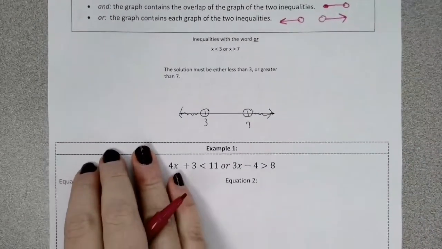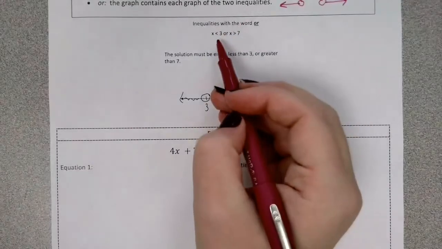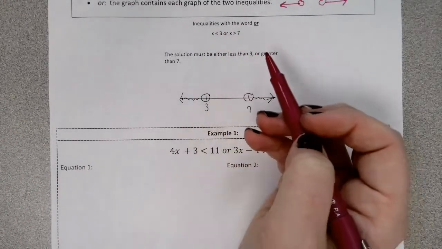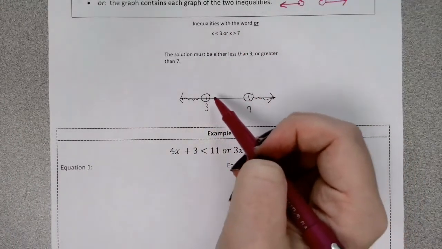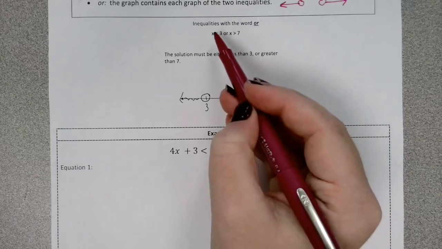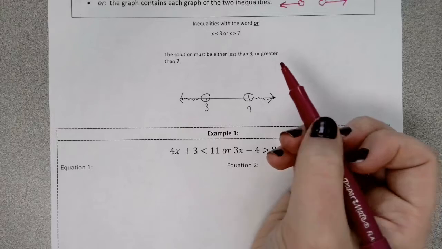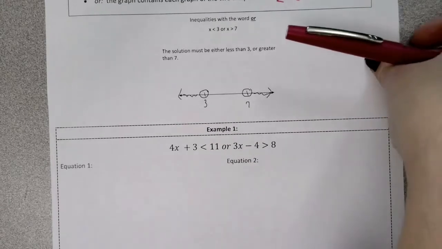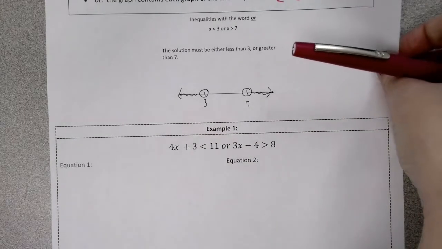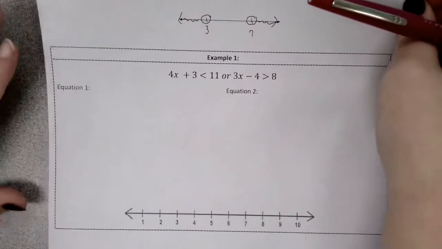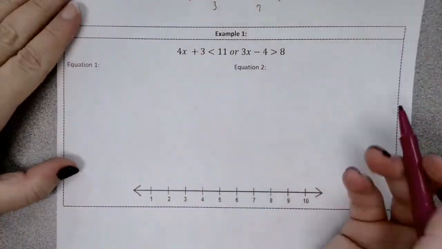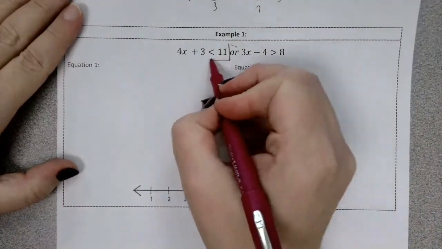So when we look at our first example with an "or," x is less than 3 or x is greater than 7. You can't pick a number in between there. 4 isn't less than 3, and 4 isn't greater than 7. So the solution must either be less than 3 or greater than 7. So when we have an "or" problem, we are just going to solve